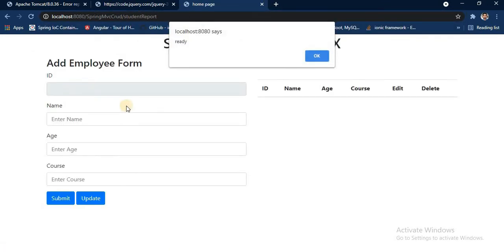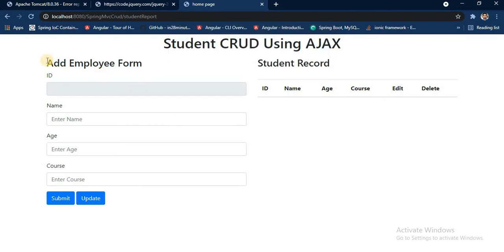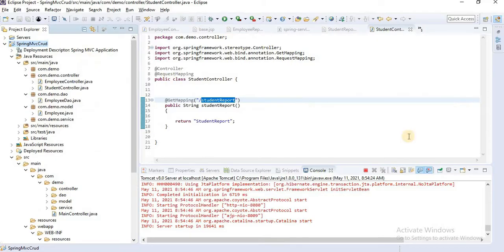Okay, now here we are getting our JSP page, and also our jQuery is working fine because we are getting our alert. This is our first column. We define our JSP form, employee, sorry, here should be not employee, here should be student.